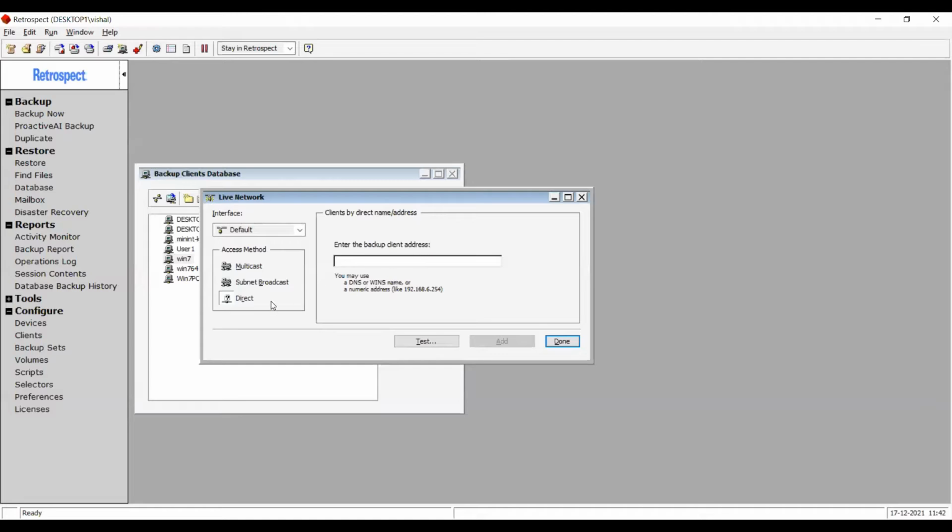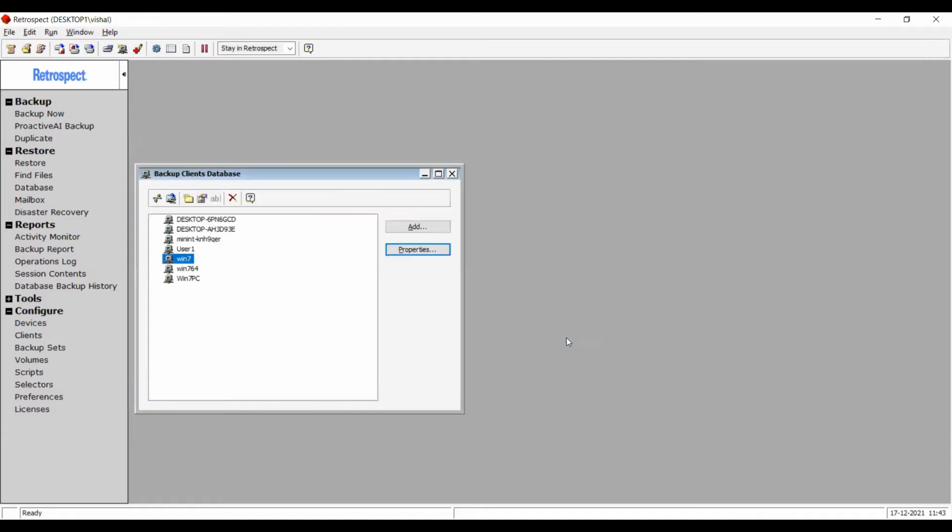Okay. So to summarize, with the direct method, if you are using static IP addresses, it doesn't matter whether you add the client using the IP address or the host name. And if you are using dynamic IP addresses, add such a client with the host name. Before you use that host name inside RetroSpec, make sure that the host computer can ping or reach the client computer using the host name. A simple test is to open the Windows command prompt and ping the client using the host name. If that name is getting resolved, it will also work inside RetroSpec. Okay, so those are the basic methods.